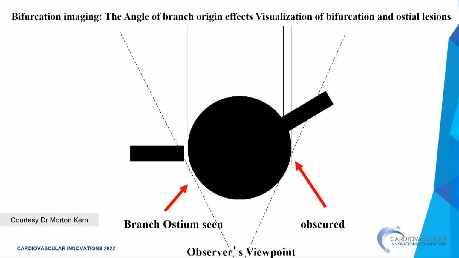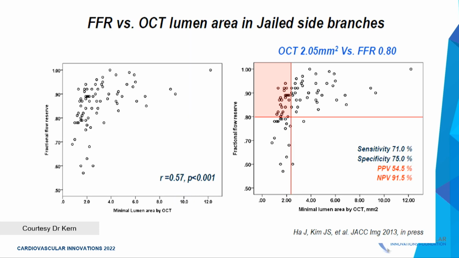So it depends how you're looking at the angle. Sometimes you get foreshortening as you're advancing your IVUS, versus when you are really at a particular angle you can identify the side branch. So regardless of how much imaging you use, the angle can be obscured, under or overestimating the stenosis. FFR versus OCT, on the other hand: FFR has an area under the curve of 0.757 in this study. It's reliable to evaluate side branch compromise post left main, main branch stenting,